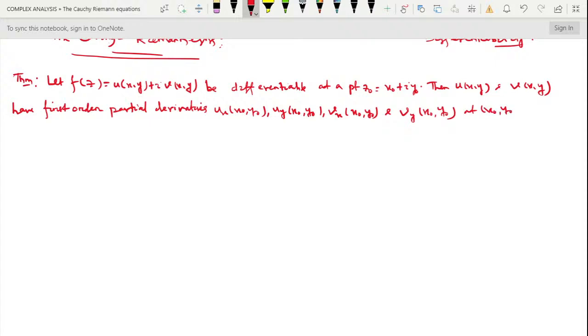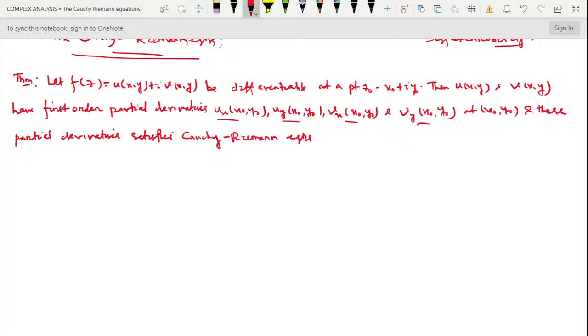At this point x naught y naught, the first order partial derivatives of u and v exist, and these partial derivatives satisfy the Cauchy-Riemann equations, or shortly the CR equations, given by